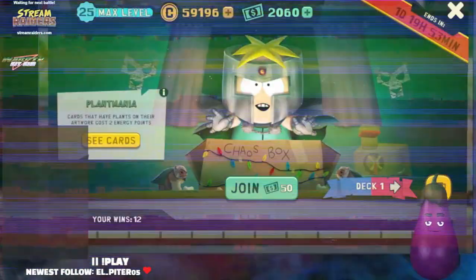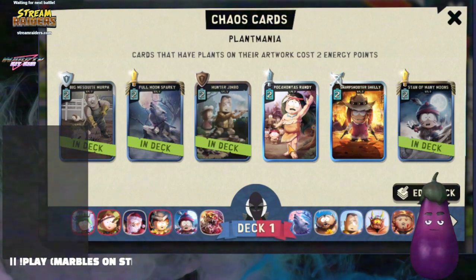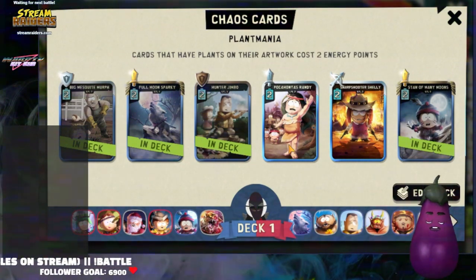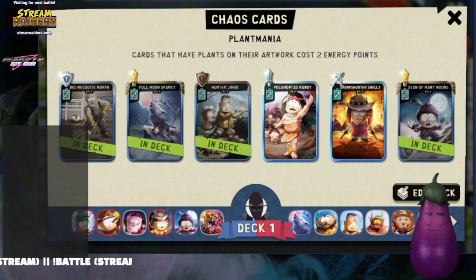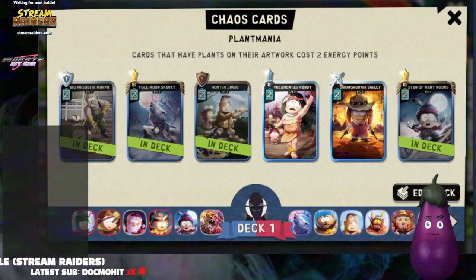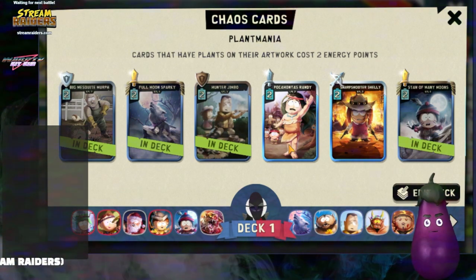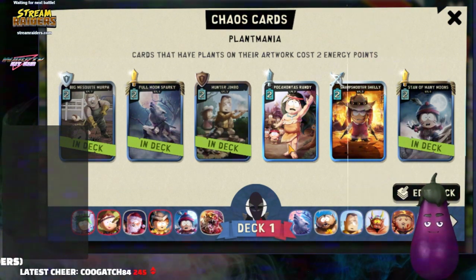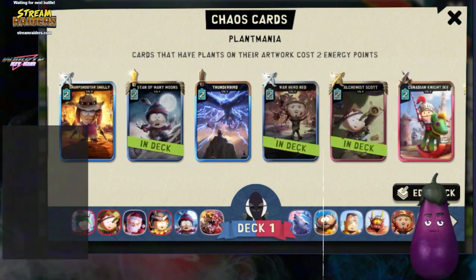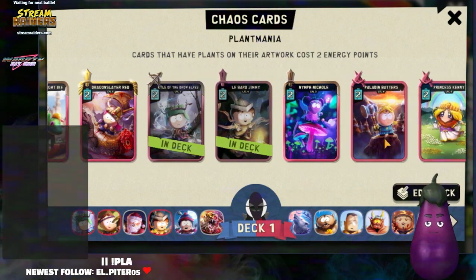Let's talk about Plantmania. Okay, so this is a weird one for us because you don't think about the types of cards that actually have plants on them, but that's literally all it is, guys. It's cards that have plants on the artwork, cost 2 energy points, so that's gonna be spam, right, bros? So it just gives you an example of all of the cards that you're gonna be able to use